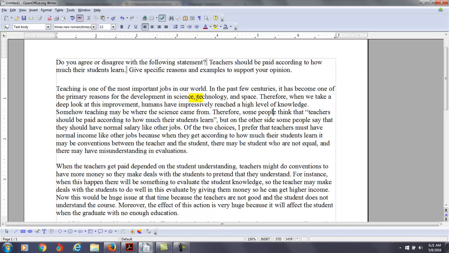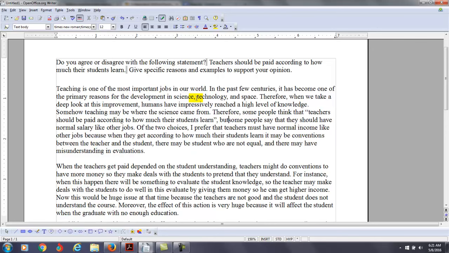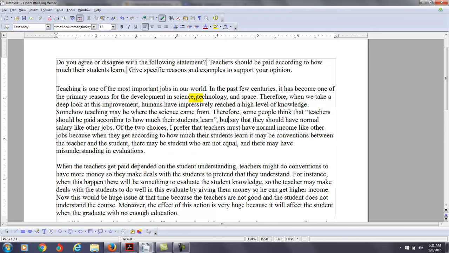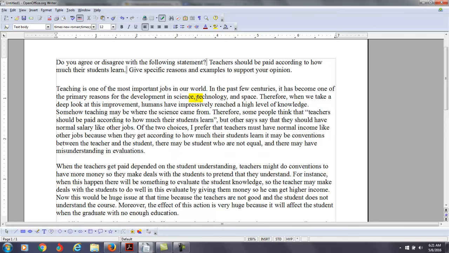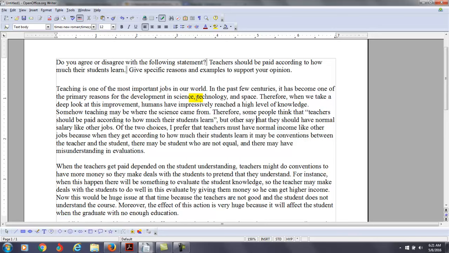Therefore, some people think that teachers should be paid according to how much their students learn, but you have to say on the other side, because that's what but means. Little wordy. But others say that they should have normal salaries. You want to make this plural,